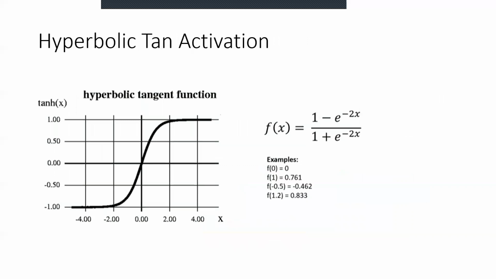The another activation function is the hyperbolic tan activation function that we call the tanh function, and this is the formula of it: f(x) is 1 minus e to the power minus 2x divided by 1 plus e to the power minus 2x, right? So when you put your data value in x, you will find that f(0) is equal to 0, and there are different values of x. I have put it to show it. If the value is smaller, my tanh function would give a small value. The more value you give to the activation function, the more value it will give.